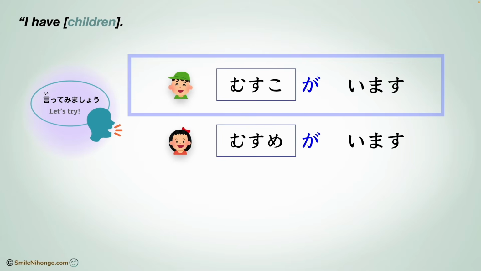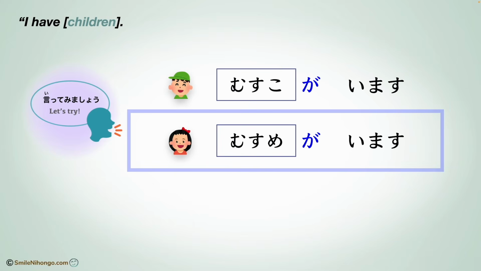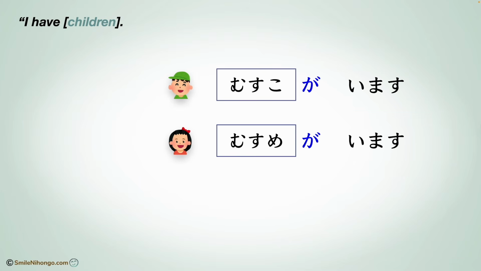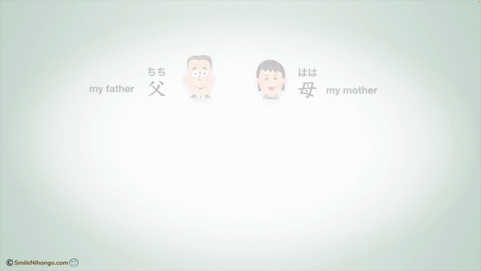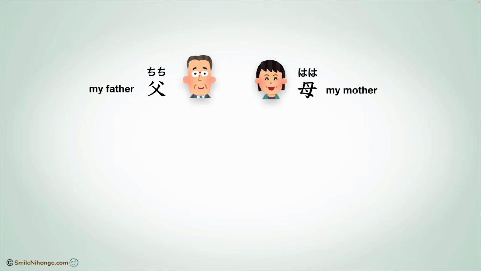Please repeat after me. 息子がいます。娘がいます。In case you have both a son and a daughter, you can do this by using the particle と。息子と娘がいます。